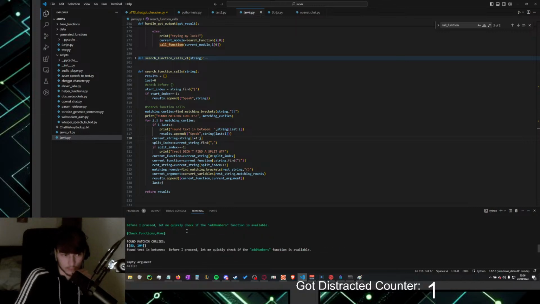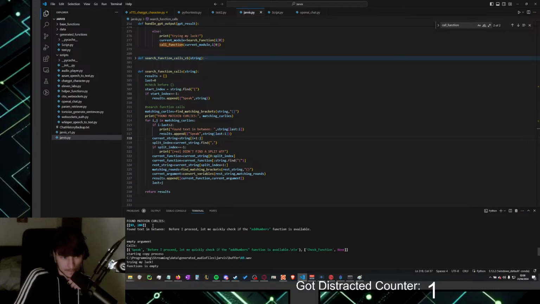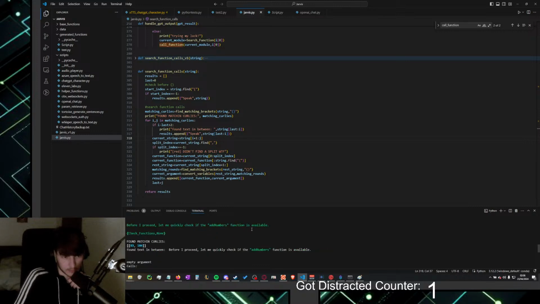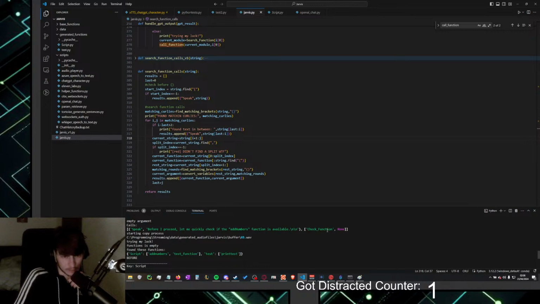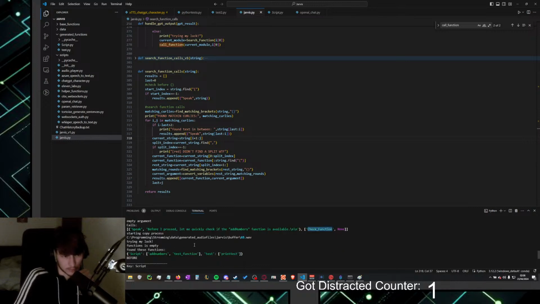Wait, what did it do? Okay, it spoke, then check functions. Okay, it spoke. Check function. Oh, wait, it cut off the S, which is why it didn't work.